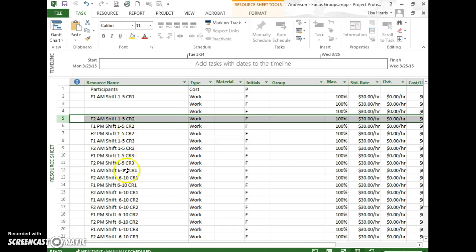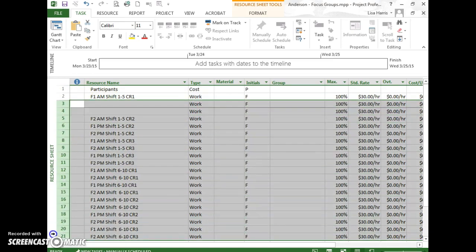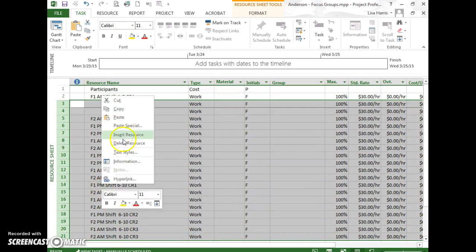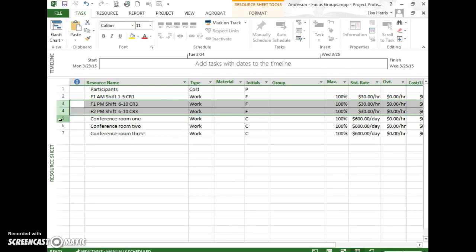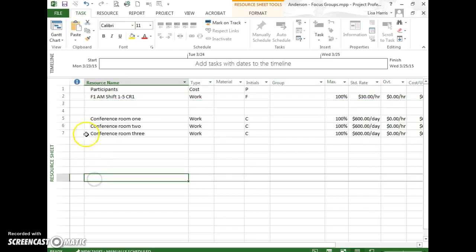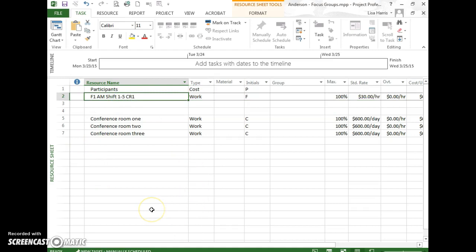So I'm going to clean this up and show you what I might do based on the way you've set this up. So first I'm going to go ahead and get rid of all of these different facilitators. And then I'll get rid of these, and maybe I'll just delete them, but I'll insert some rows. Okay, so maybe if you want to keep the AM shift, I might say facilitator, and maybe I'll just do F facilitator AM, and I think I'll spell it out, facilitator AM,